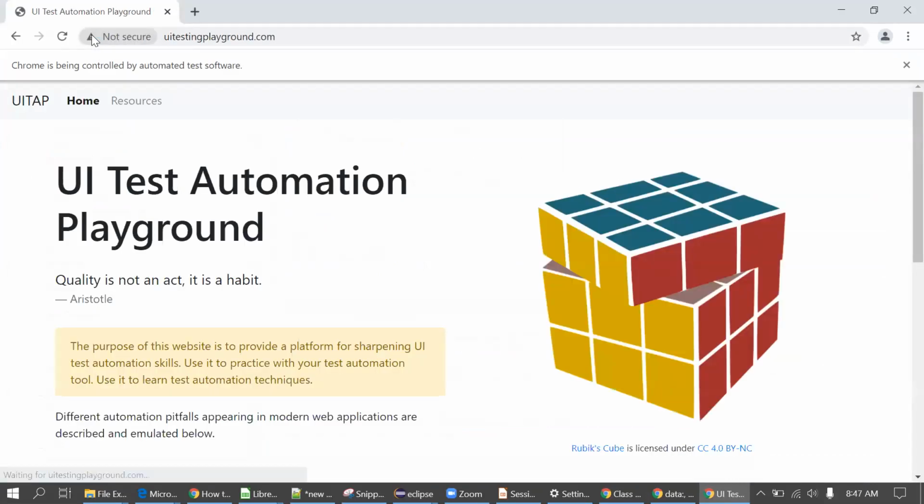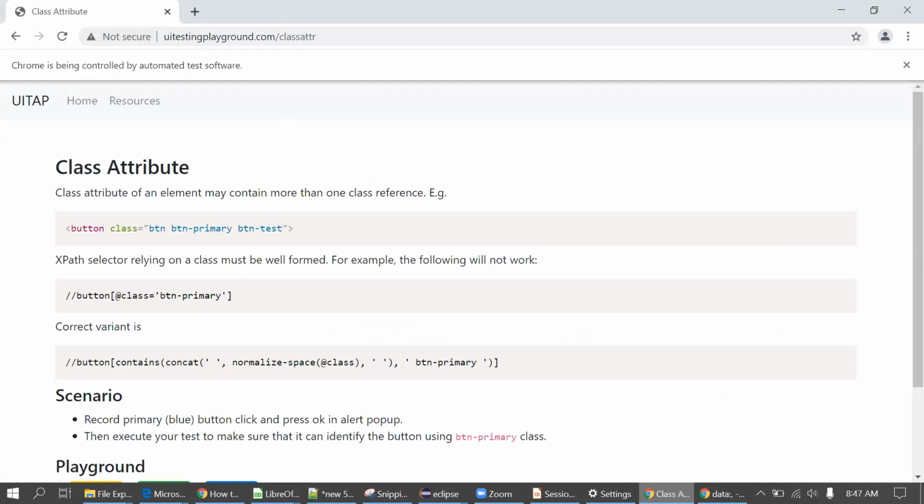You can see first, yes, Selenium Easy. It has opened 2 more browsers. I have to check why it is opening 2 more browsers.